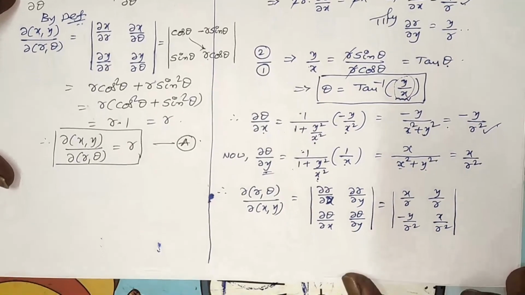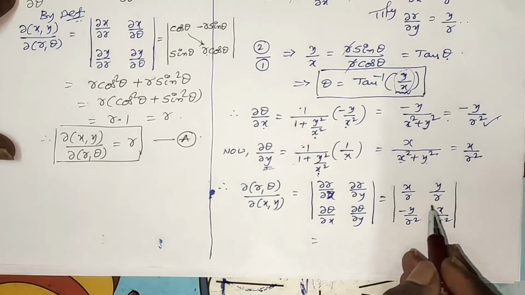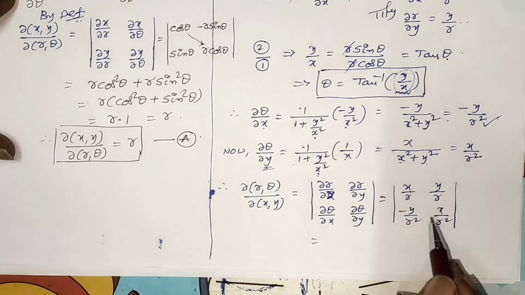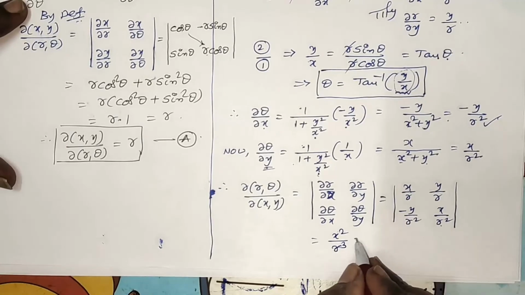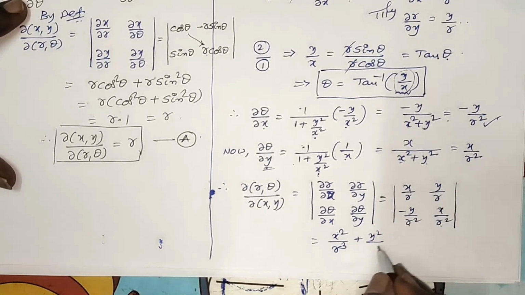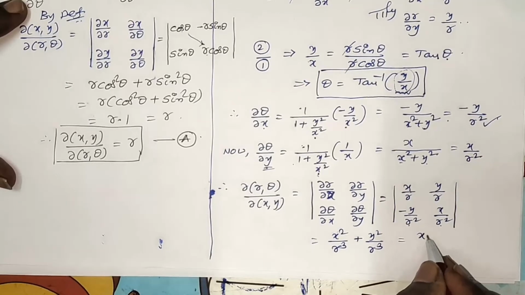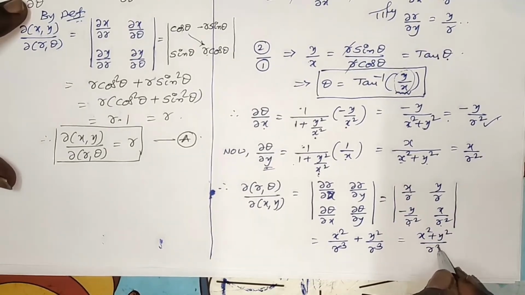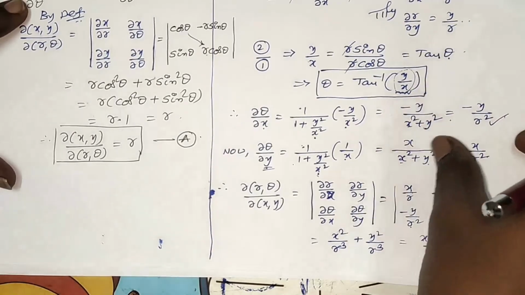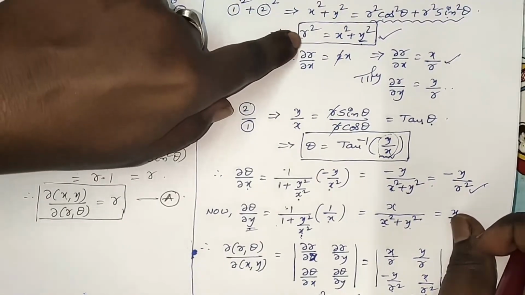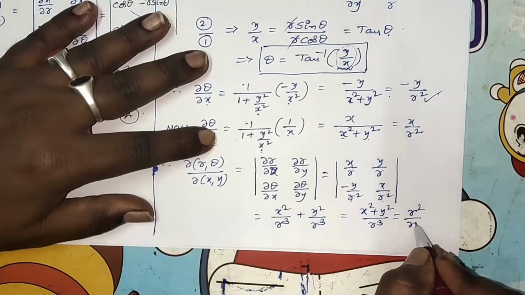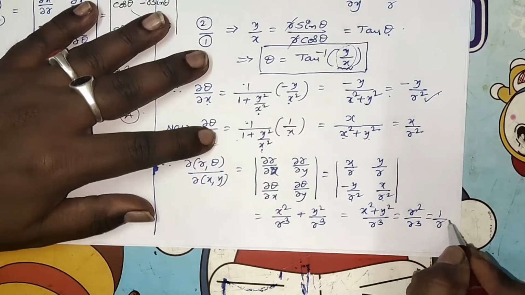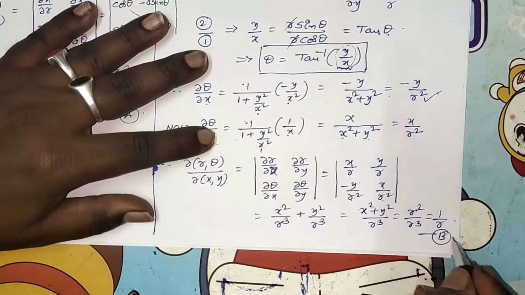Okay, see here. You know that determinant is in the form of AD minus BC form, x into x by r square, r into r square. You will get r cube in the denominator. Minus of minus plus y square by r into r square. It would be r cube. So by taking the LCM, you will get x square plus y square by r cube. Again, x square plus y square is nothing but r square. So I am replacing it by r square by r cube. So result is 1 by r. Take it equation number B.